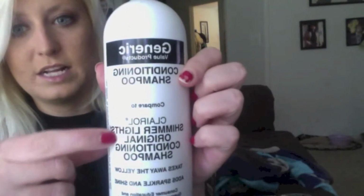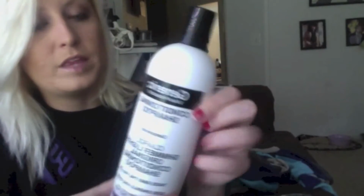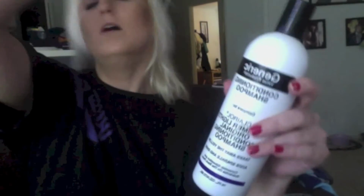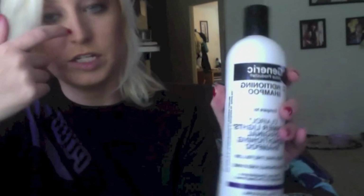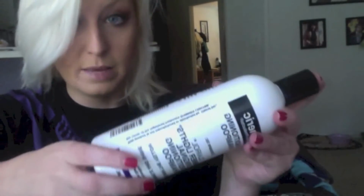You can get this, or you can buy the Clairol kind. And it actually says the Clairol Shimmering Lights. This is compared to that. The Clairol Shimmering Lights is more expensive than this. This is just the generic kind, but this actually has all the exact same ingredients